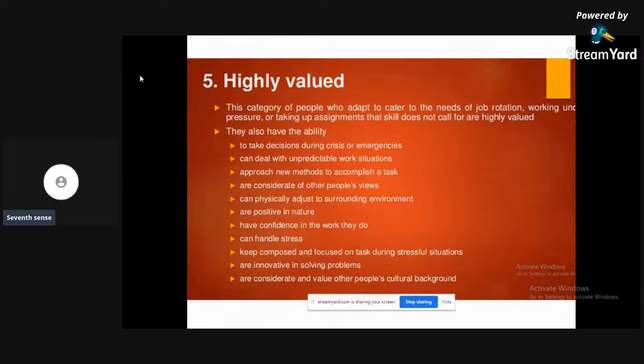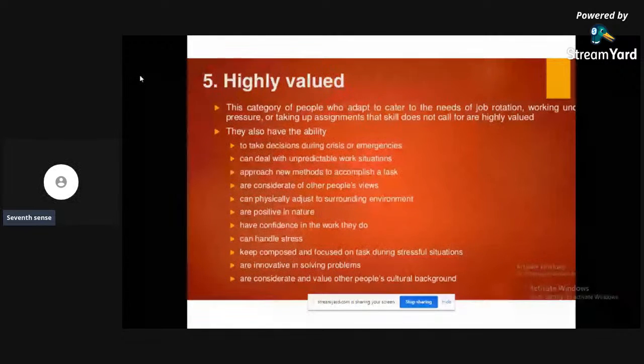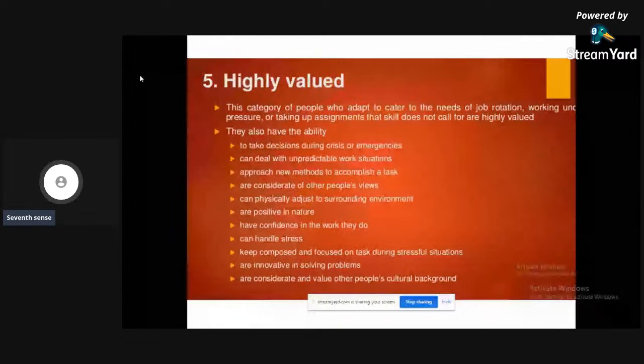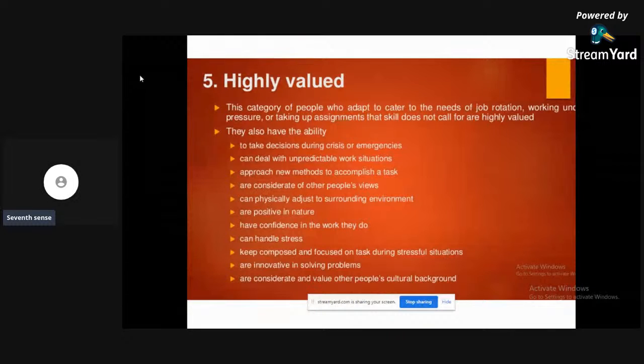Other people's views are considered too, so everybody's ideas, suggestions, and views for development. At that time, you will know different kinds of development. It may be helpful.